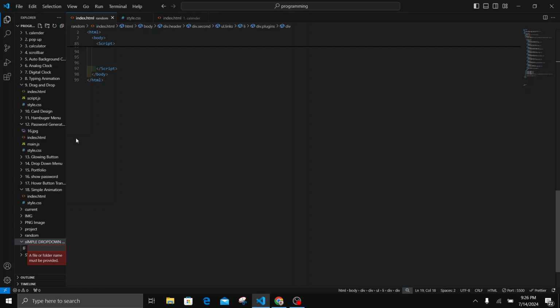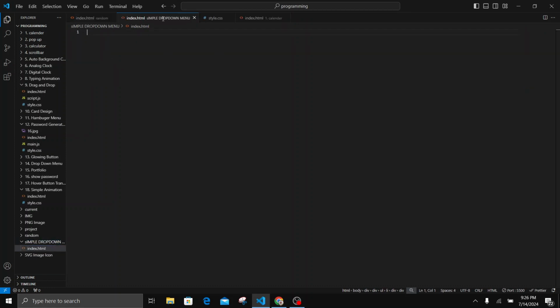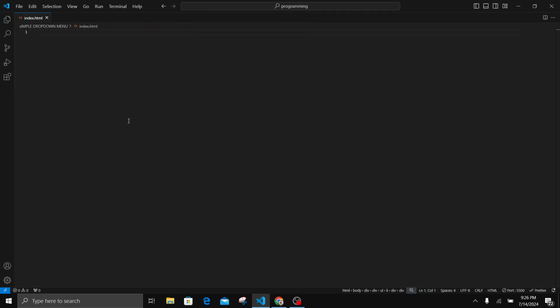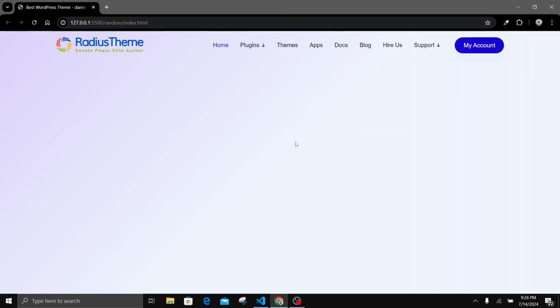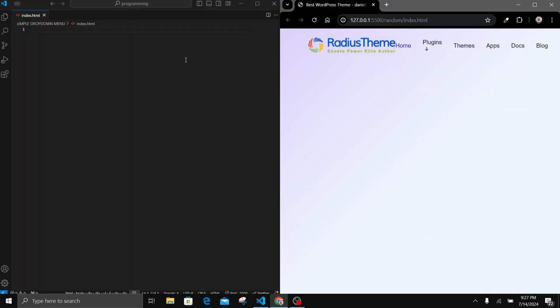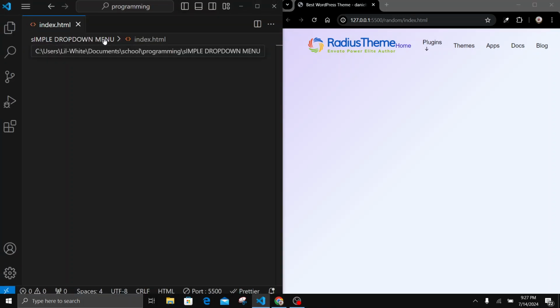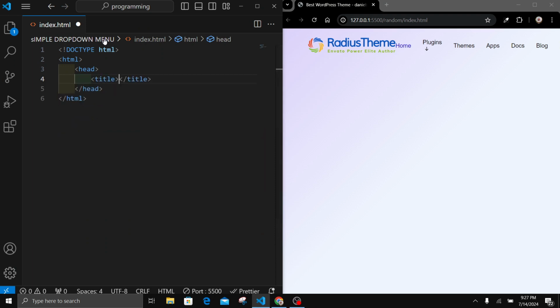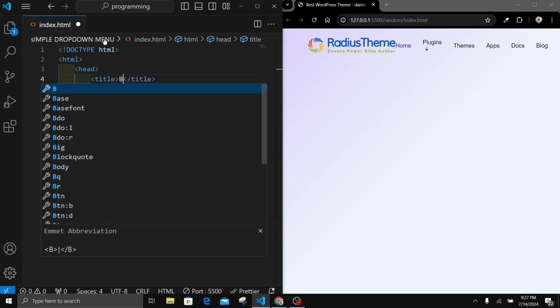I'm going to remove this from index.html. I save this, I have my index.html open. So I now have my HTML to type whatever I want into my Visual Studio Code. I like to increase the font so that you'll be able to see. So I have my doc type, and I have my HTML, and I have my head. Inside my head I have a title, and for the title I'm gonna have best